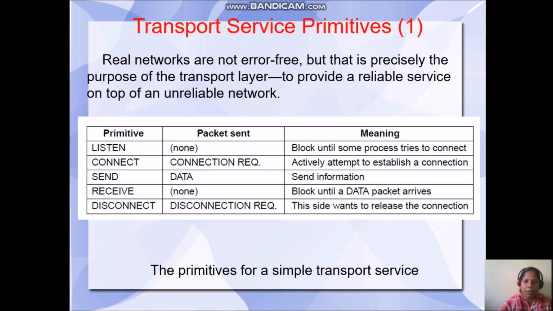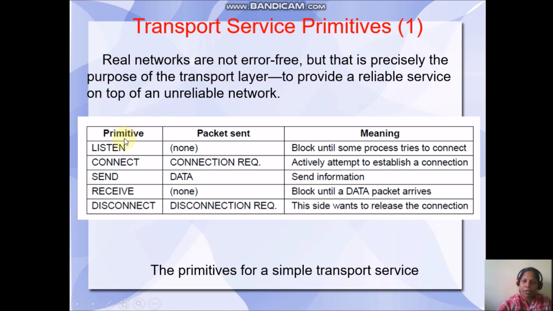Normally networks are not error free, and it is the duty of the transport layer to provide reliable and error free service on top of an unreliable network layer. The network layer is generally unreliable, and it is the duty of the transport layer to provide the reliability. So for that, what are the primitives?